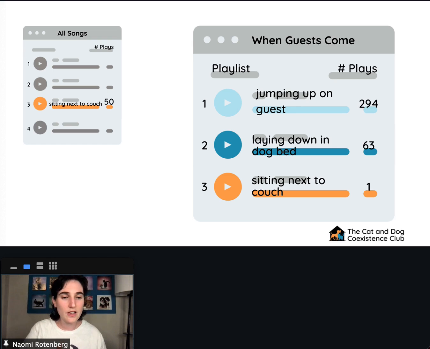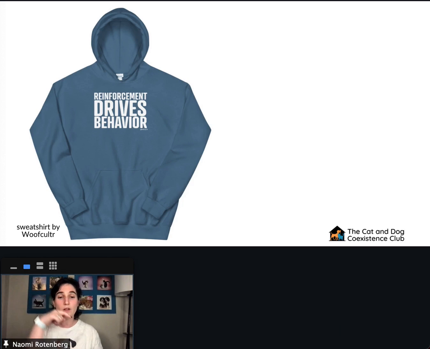Now, this new behavior in the specific context's playlist will automatically go to the bottom of that playlist because it only has a very small reinforcement history in that context. So, in the future, the animal isn't very likely to offer that behavior on its own the next time guests come over, since there are other behaviors that have been reinforced so many more times. Jumping up on the guest, for example. When we see an animal performing a behavior multiple times over and over within the same context, it's our job as trainers to try to